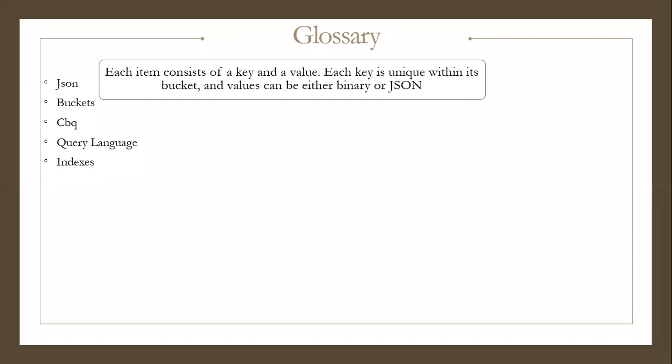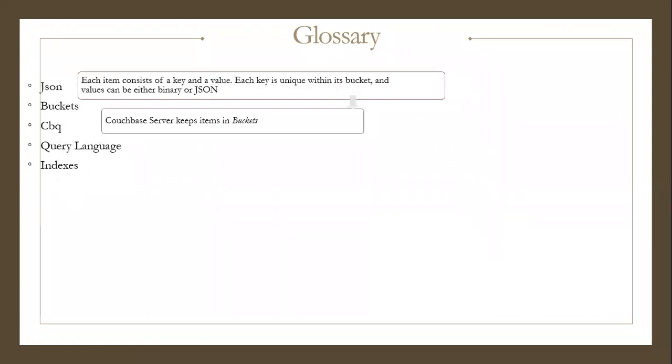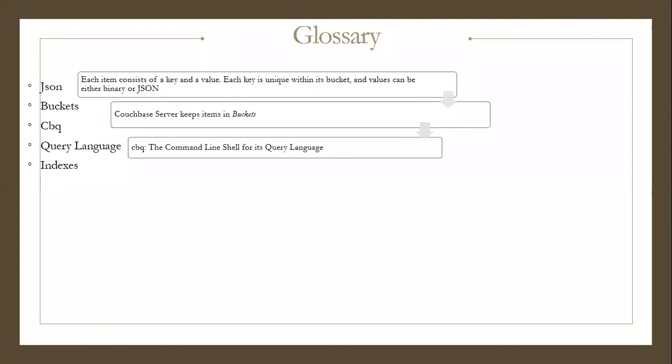Okay, and then what about the next keyword, that is buckets? Couchbase Server keeps the items in the form of buckets. Whenever we're talking about those buckets, we don't have concepts like tables, collections, documents, or rows and columns. All those things will not be there here. Everything, whichever documents are there, we are keeping in buckets. What are those buckets and how to create them, I'll be sharing in a few minutes.